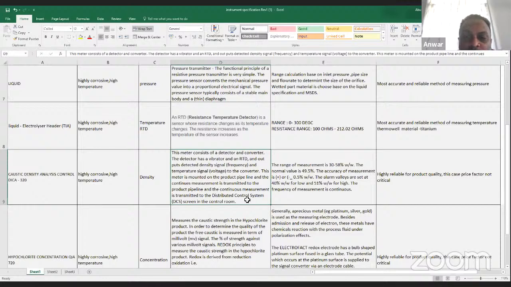Yeah, so that we are very sure that we are selling this product at the accuracy of measurement of 0.5% weight over weight,